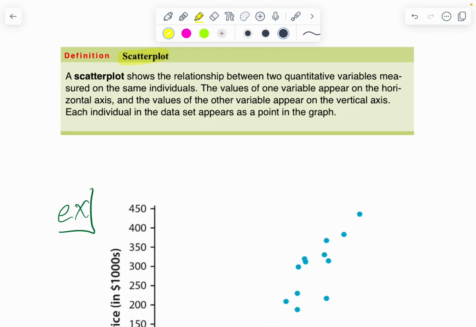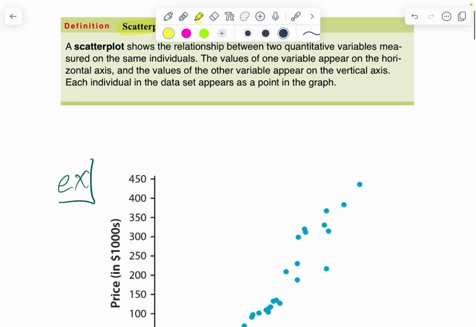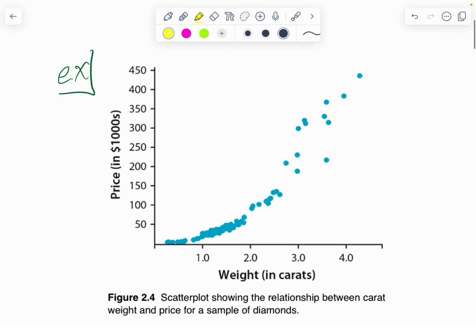This is something you already know how to do, but when we do this scatterplot, a couple of things to be aware of, and that is labeling the axes. On our horizontal axis, we're going to put the explanatory variable, and what we believe to be the response variable is going to be on the vertical axis. In this case, we're looking at the relationship between carat weight and price for a sample of